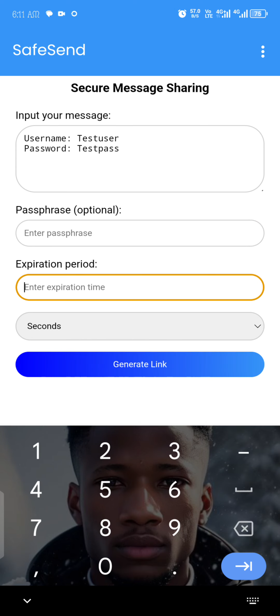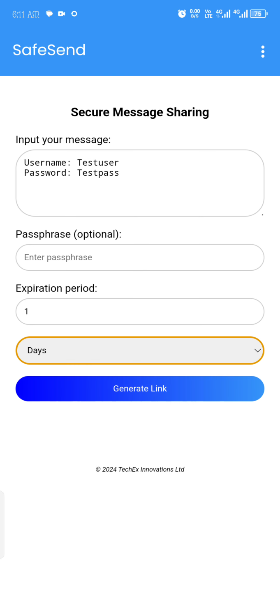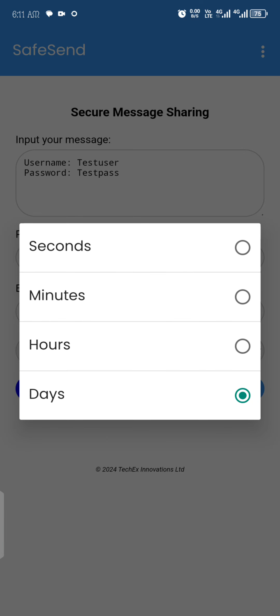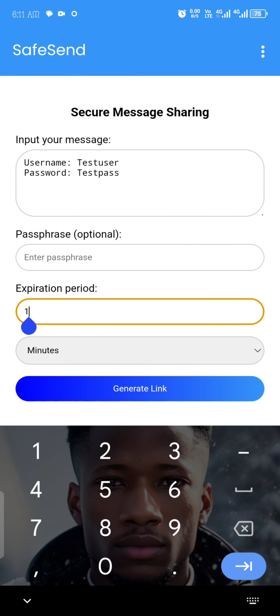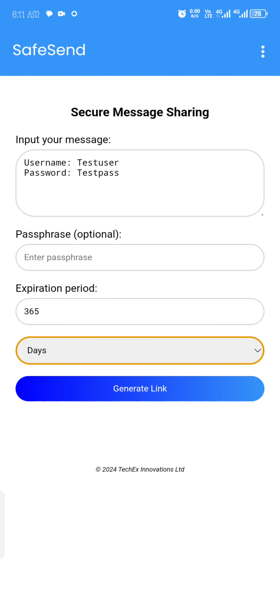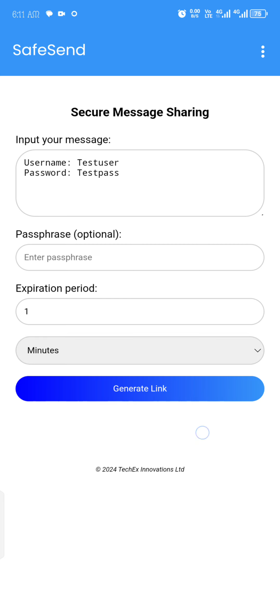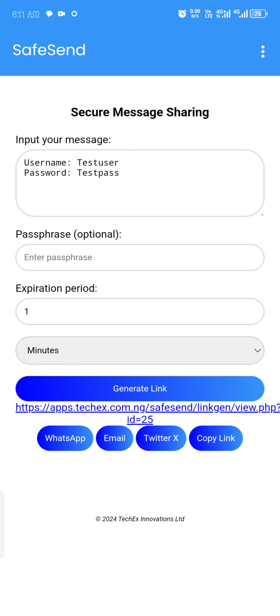Then you can set the expiration period. You can set it to 1 second, 1 minute, 1 hour, and 1 day. So in this case, I'm going to set it to 1 minute. You can also set it to a year, 365 days. All right, so 1 minute. Then once you're done filling out the details, you can click on generate link, and your link will